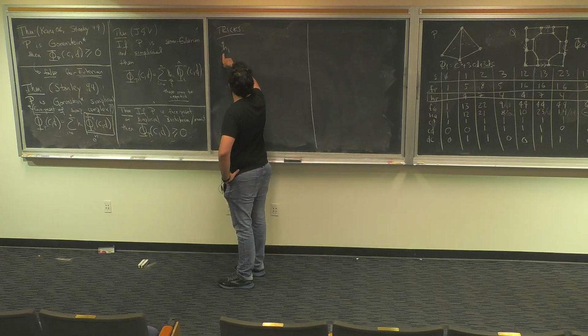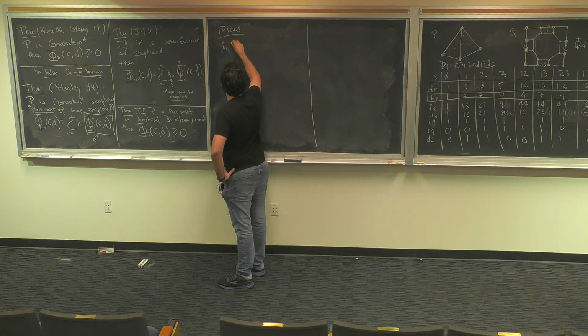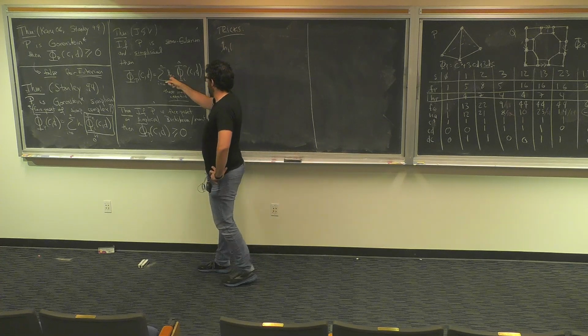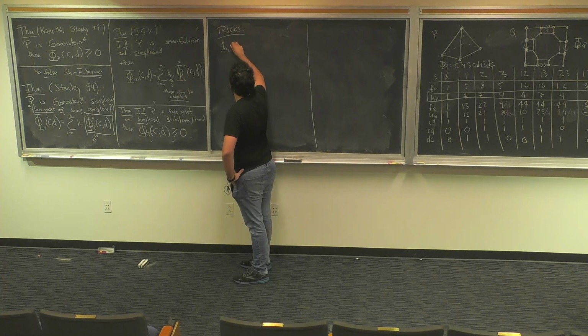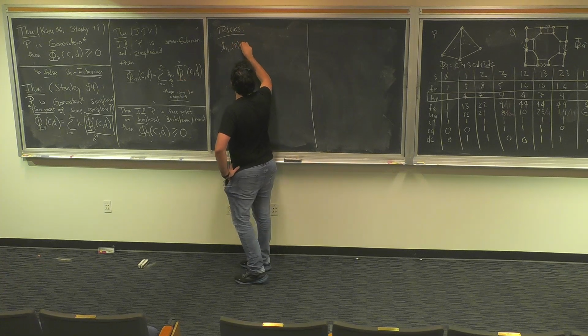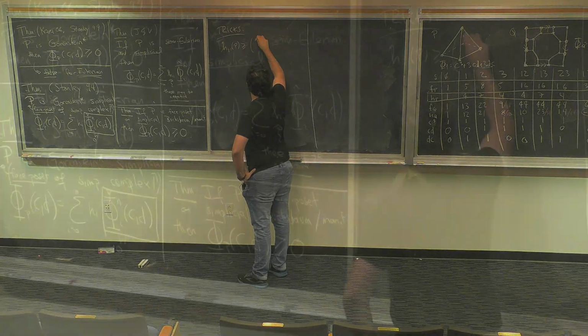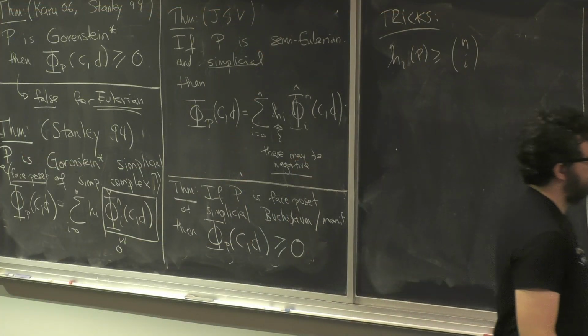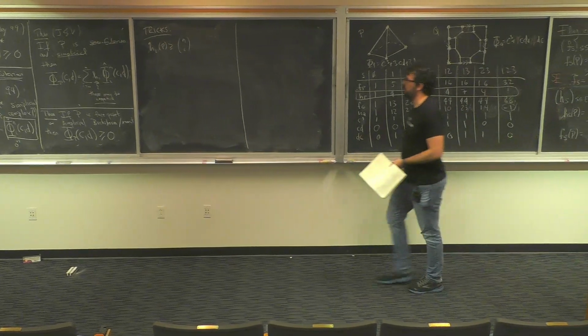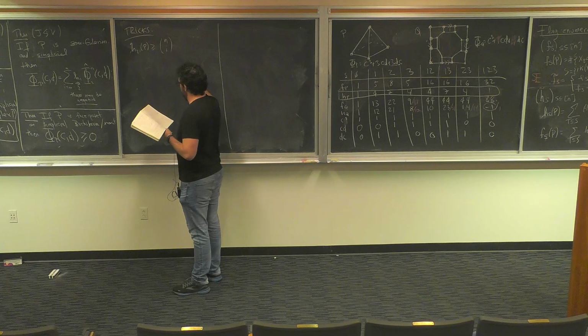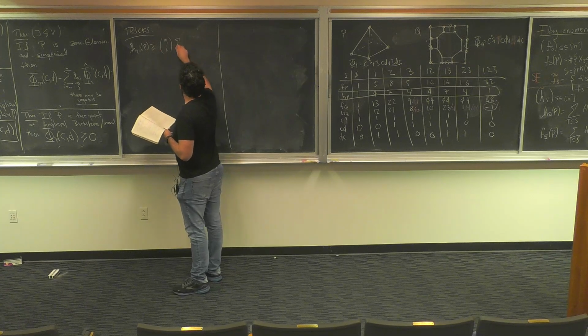The idea is we're going to change these h's. h_i of P is greater than or equal to n choose i. And for things to be Buchsbaum, I have to choose a field. And if I have a field, I can compute homology, but this is going to be greater than or equal to a sum